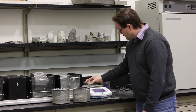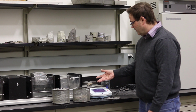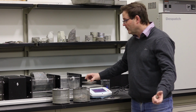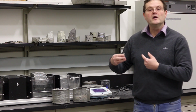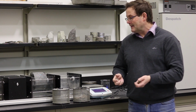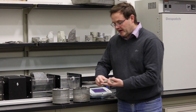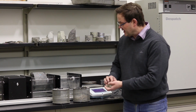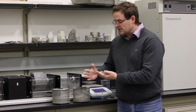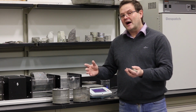So I'm going to measure one of these samples, and I have 40.2 grams for this particular sample. So the sample is within the range between 40 and 60 grams. We have to have 10 rock pieces for this experiment, and the weight of all those 10 pieces has to be between 450 to